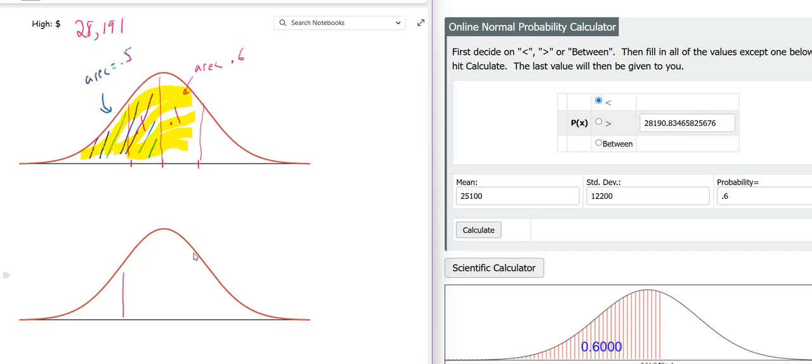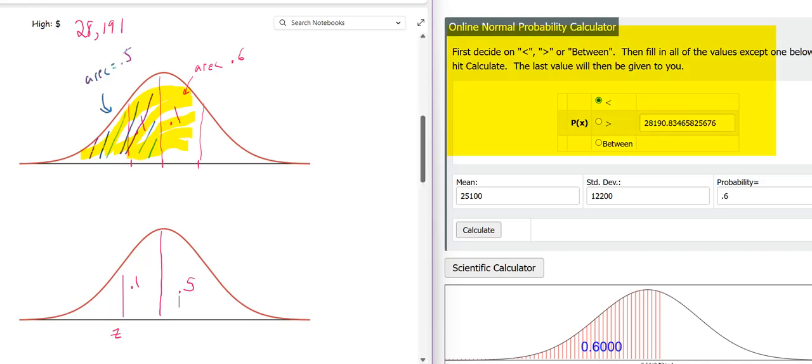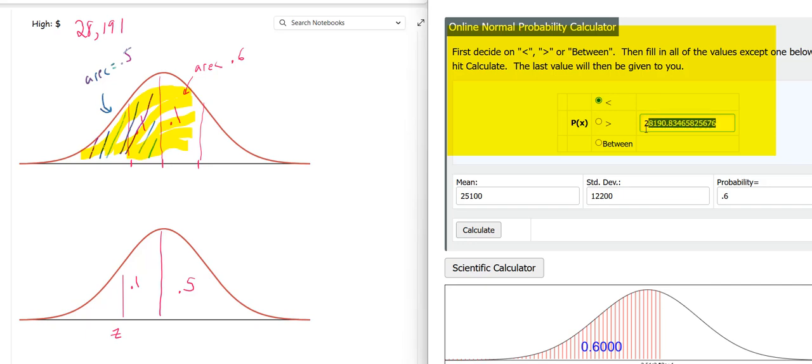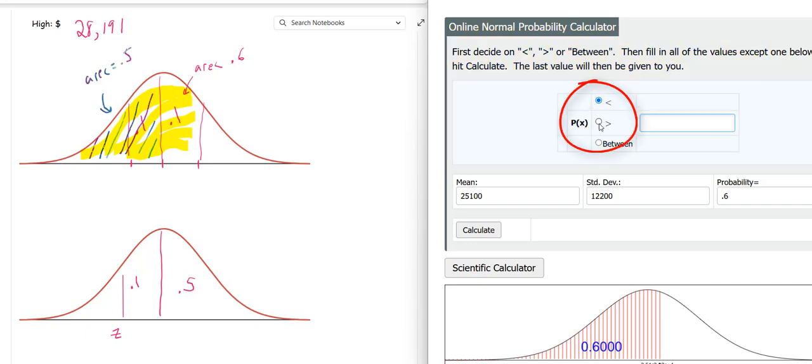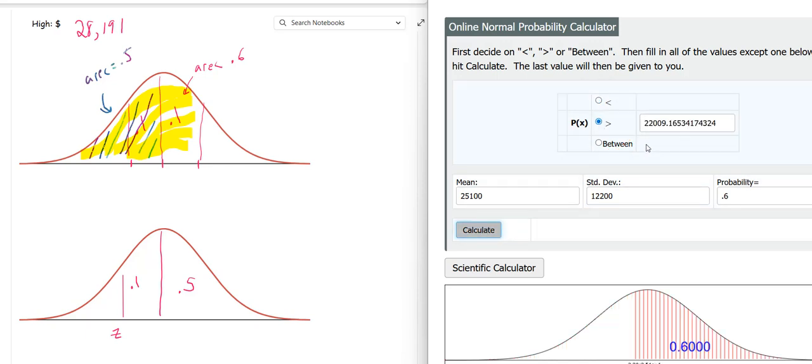Now, for the lower loan debt amount, I'm going to do the same kind of thing, except now, here's my lower value. This is the value I want. I know that this area is 0.1, and I know this area is 0.5. So I want the z-value such that the area to the right of that is 0.6. So the only thing I need to do when I go over here to my calculator is take this out and switch the less than to a greater than. Calculate,